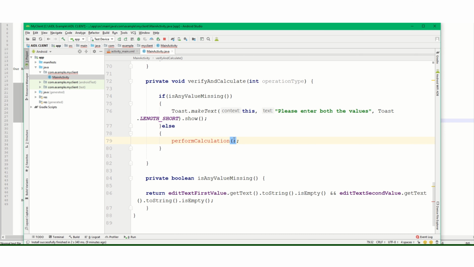This function we will keep in our service app. We'll remove it from here and then we'll keep it in the service application. So let's first just do the implementation in client app only.